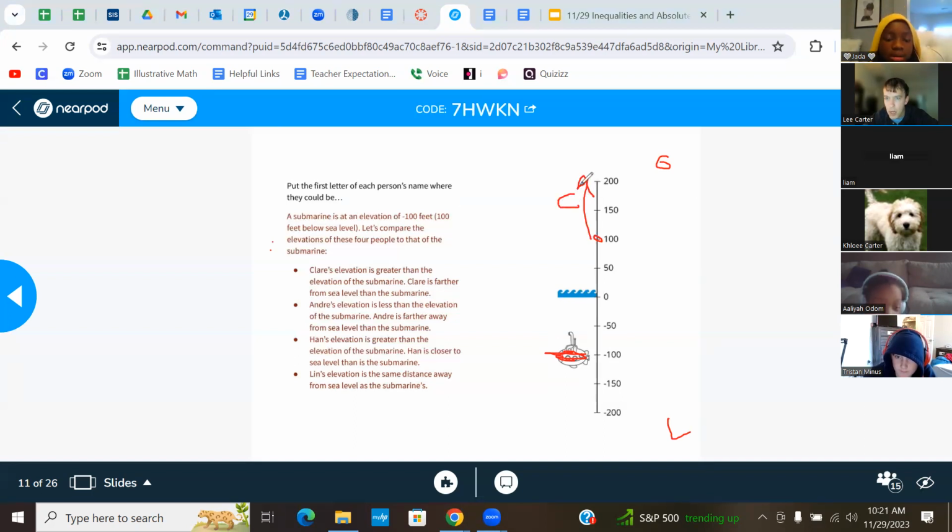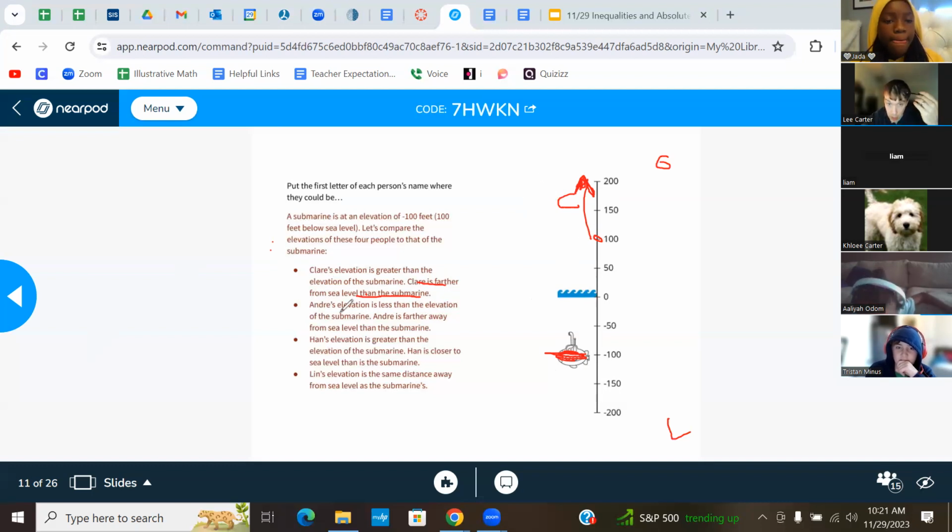Why does Claire have to be up here? Think about it. Claire is further from sea level than the submarine. The submarine has an absolute value of 100. Yeah, Sage, I know. Sorry. So the idea being Claire's got to be up here,